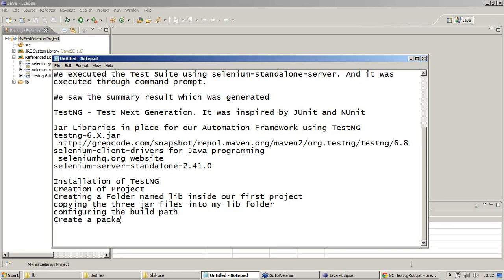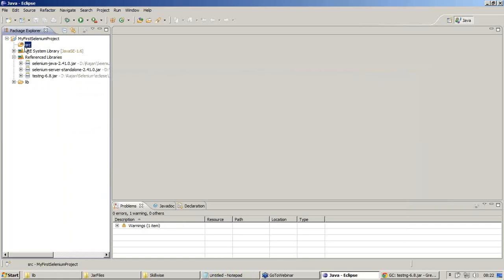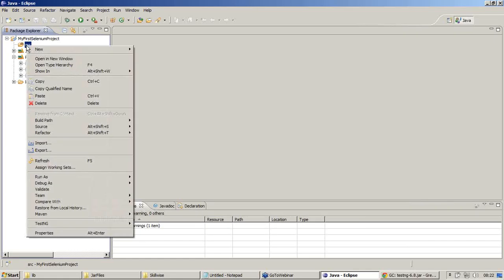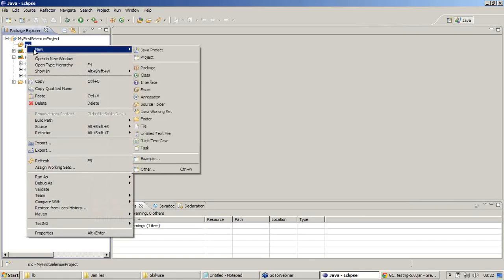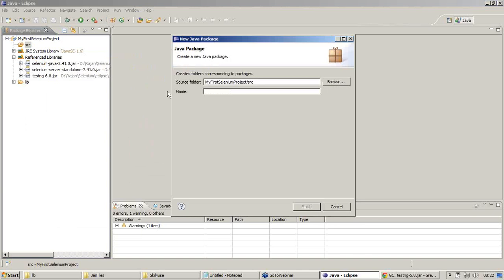Create a package inside the src folder. A package is nothing but a group of class files. I'm going to right click on my src folder, click on new and say package. The name of my package will be package1.